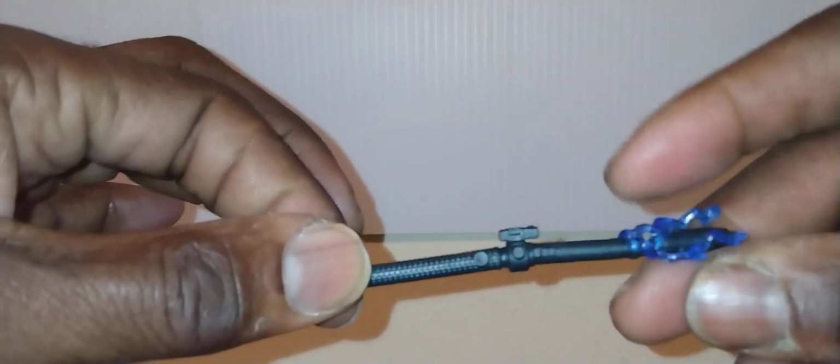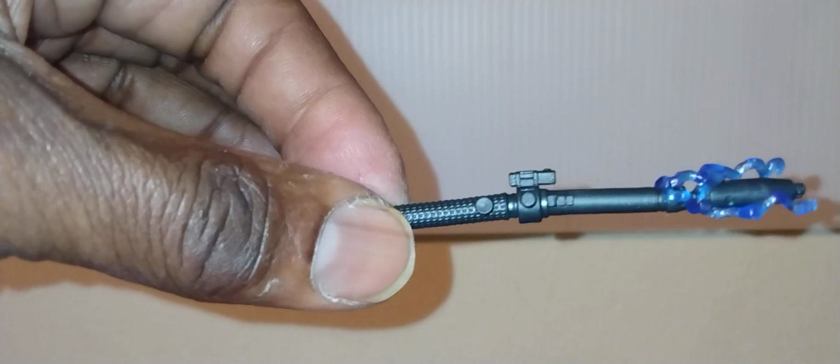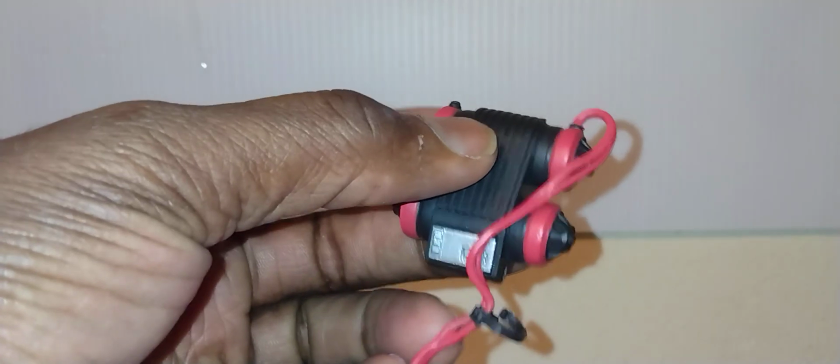You do come with, I'm going to have to say, a taser type weapon right there. Mine's a little bent, but it's nothing but a little bit of hot water to straighten it up. You get the taser type thing, and you get the piece that goes on its back, which does take a little bit of assembly, and I'll show you how that goes on maybe more toward the end of the video. So here he goes right here, KX